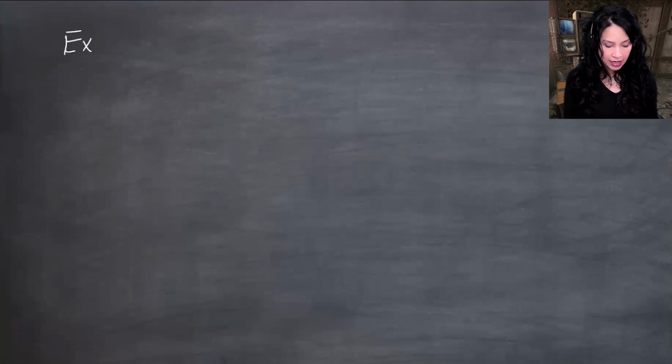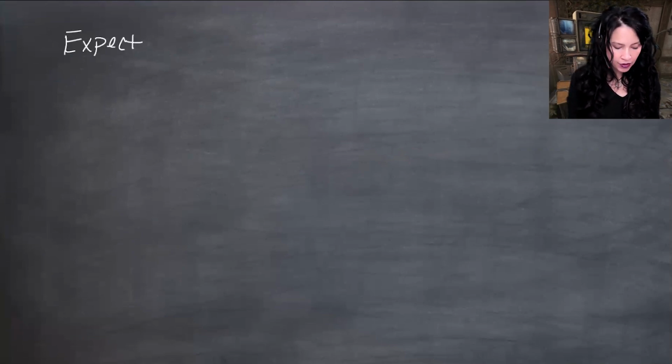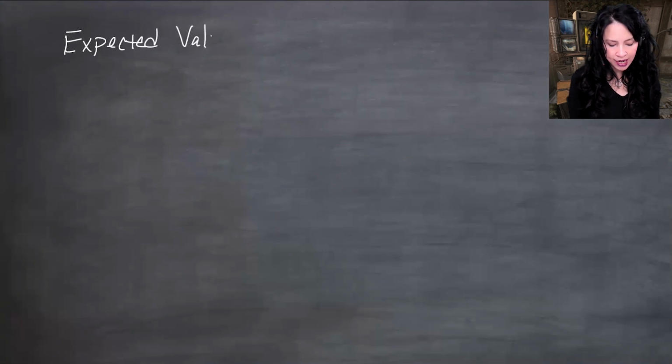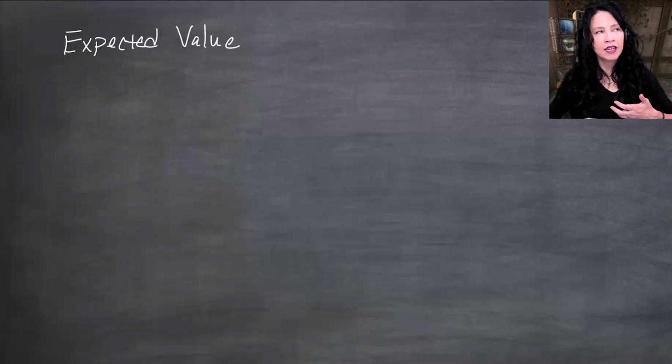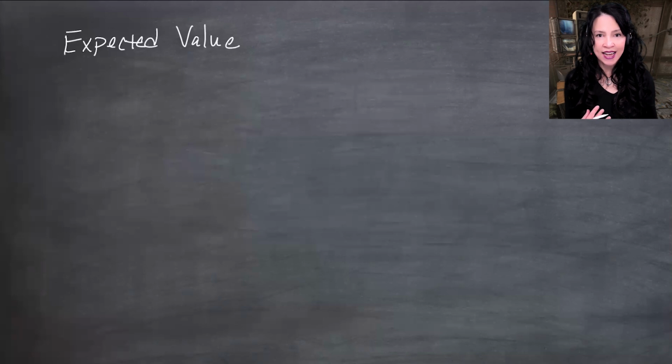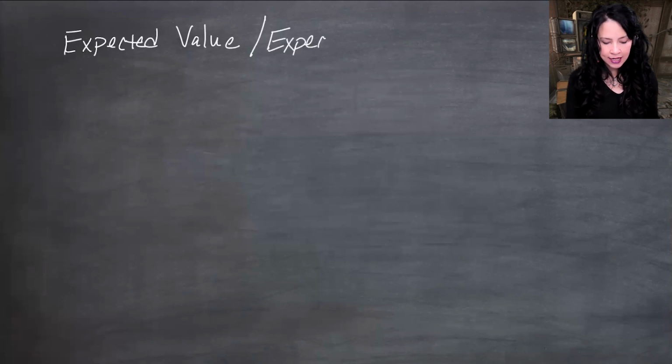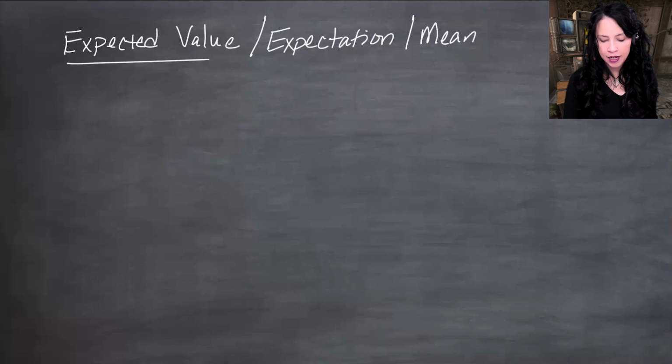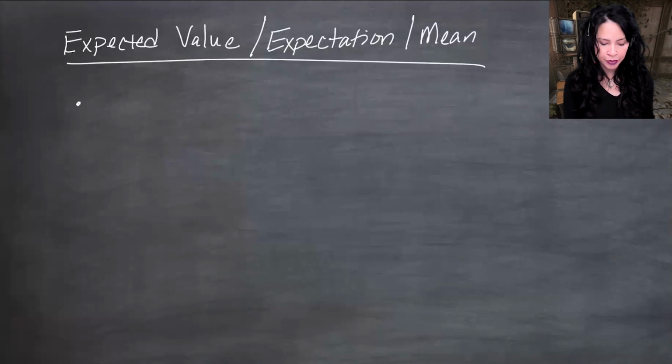Okay, so first up is the expected value. We can have an expected value of a random variable. It's going to take values with different probabilities. And if you're waiting for that coin toss or whatever, what do you expect to see? This is the same thing as the expectation for this random variable, or equivalently, the associated distribution, which is the same thing as the mean of the random variable or the associated distribution.